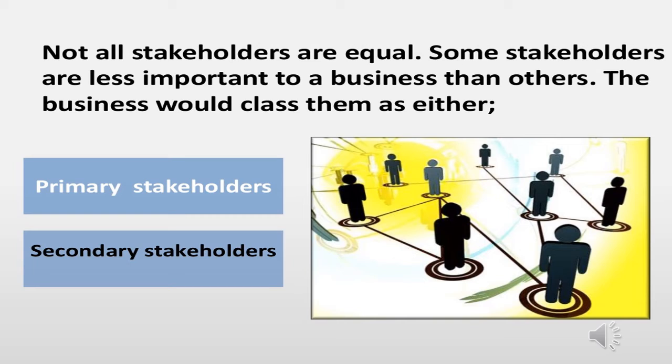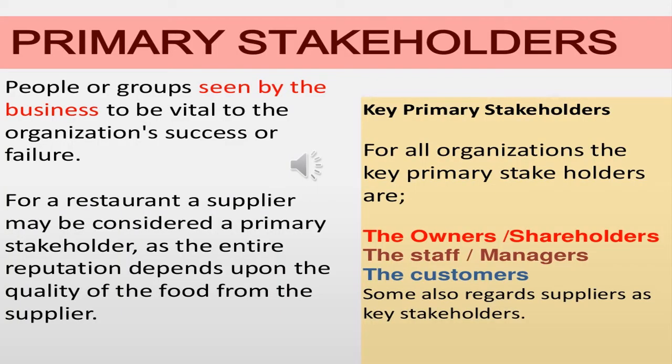Now let us look at what they are. Primary stakeholders are such as owners, employees, creditors, dealers, suppliers and competitors. They have more frequent and closer interaction with the organization. People or groups seen by the business to be vital to the organization's success or failure are termed primary stakeholders. For a restaurant, a supplier may be considered a primary stakeholder as the entire reputation of that restaurant depends upon the quality of food from the